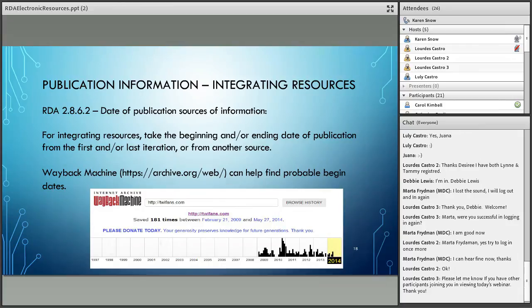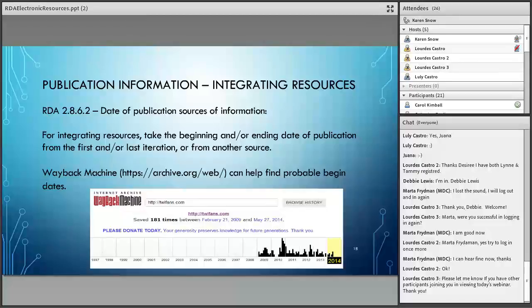And for websites, it does say that you should include the beginning and or ending date of the publication from the first and or last iteration, or from another source. So if it's not clear from the website itself when it started, there are other ways of going about finding that information, namely the Wayback Machine.